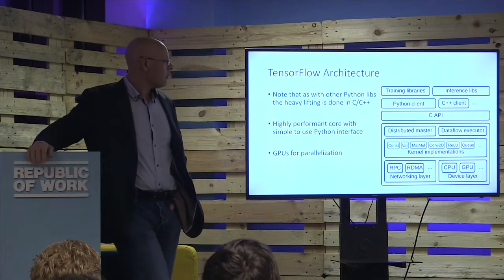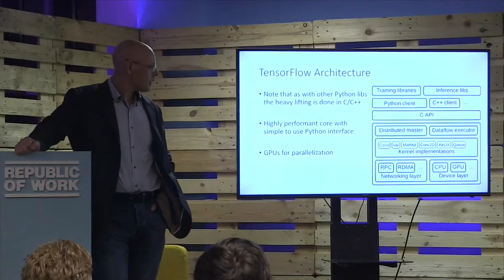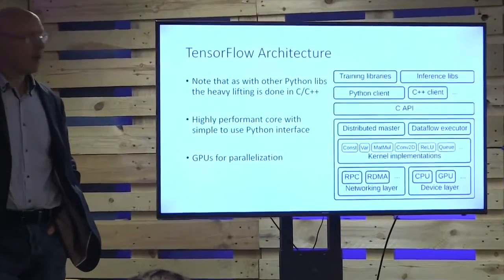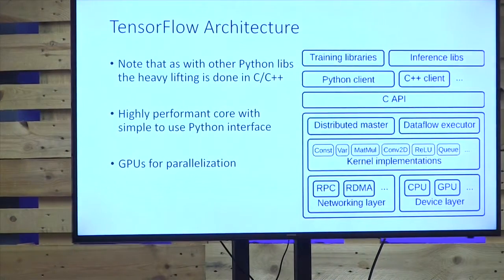TensorFlow architecture, you probably don't need to get too much into this. The point of this slide is really just to point out that you have a higher level Python interface, and underneath you've got a whole bunch of support libraries right down to the GPU layer. So the reason that we use GPUs for machine learning is obviously for parallelization, and because they're very good at